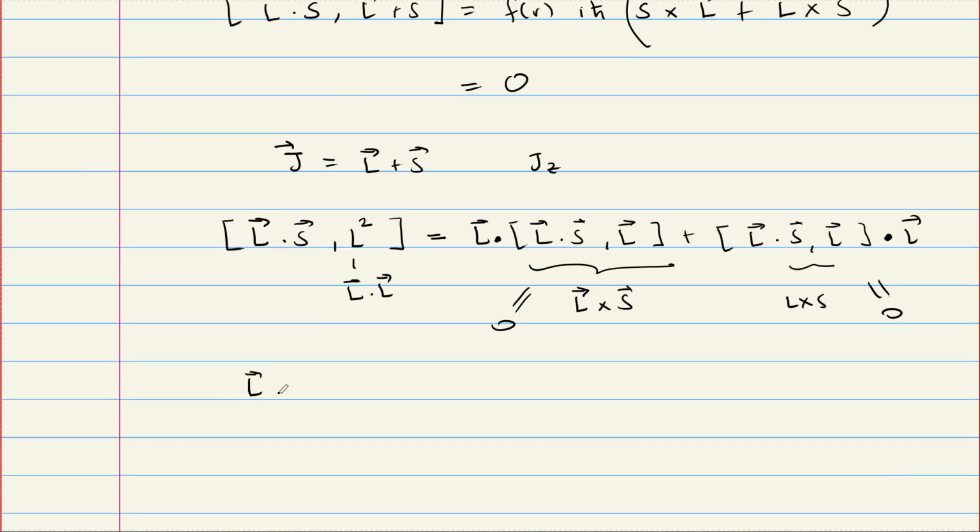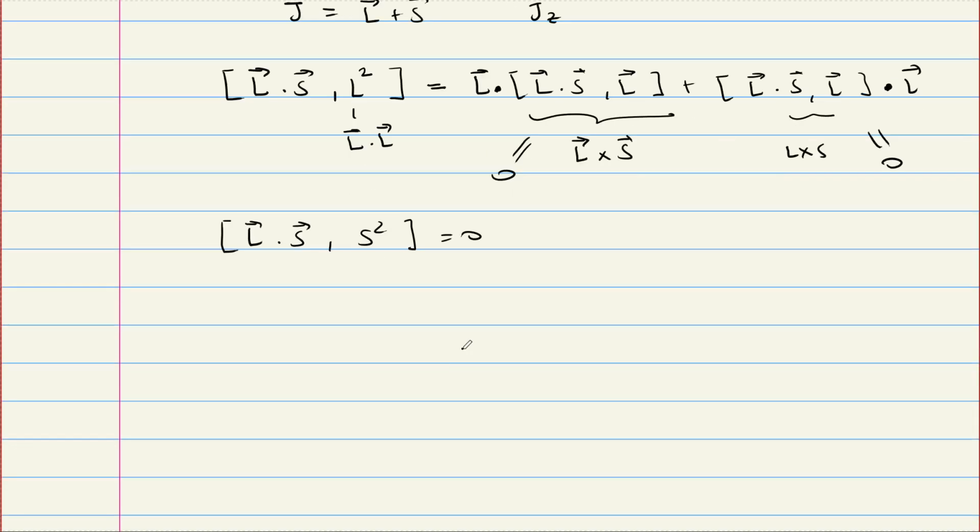Similarly, L dot S commutes with S squared. Exactly the same argument. Therefore, the coupled basis, which was J squared, JZ, L squared, S squared, is the good basis to work with. We have to work with this basis to make calculations. And if you do the calculations in that basis, the first order correction we need to calculate is going to be N,